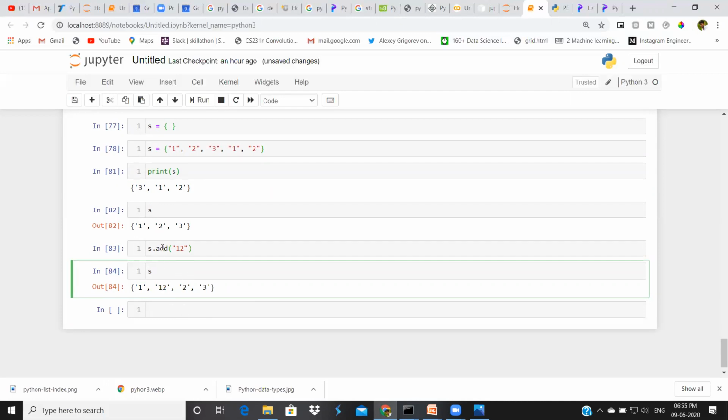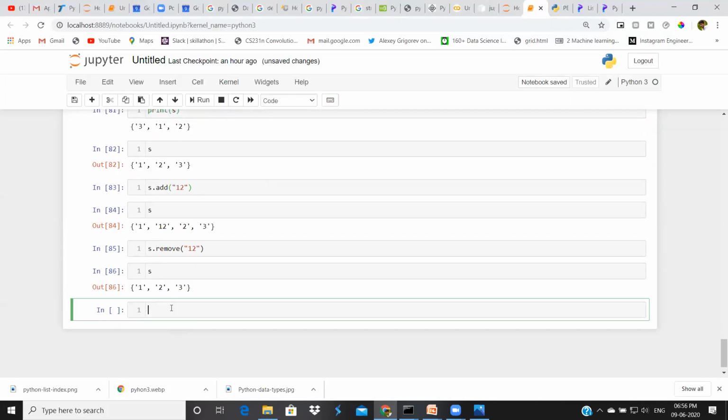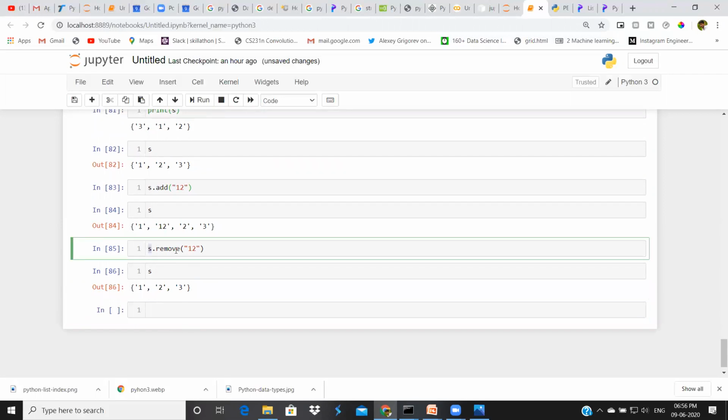We can add items to the set by this method, add. In the same way, we can remove any item. If you observe, with s dot remove, I gave the item name directly.